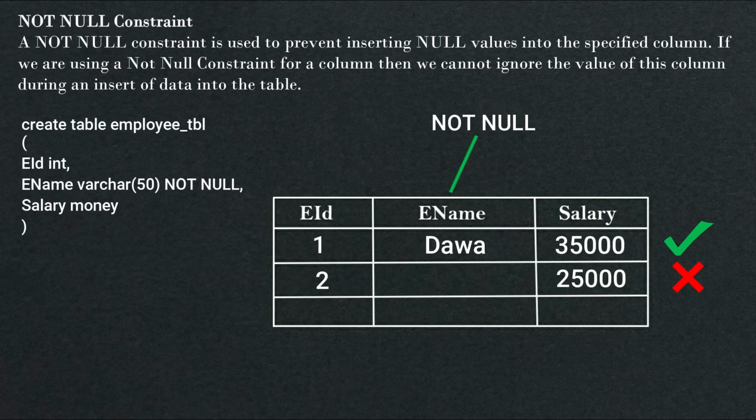If you want, you can leave the employee ID and salary columns blank, but not the ename column. I mean, in these two columns, employee ID and salary, even if we do not insert any value, the data will be inserted in the table. How? Let's say we do not input any value in employee ID and salary. I will leave both these columns blank and only input the value in ename, like Rohan. Despite this, the data will be stored in the table, right? Because we have not used a not-null constraint in both these columns, employee ID and salary, so we can leave them blank.